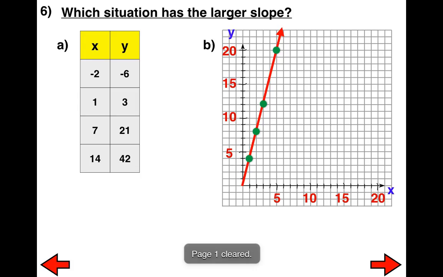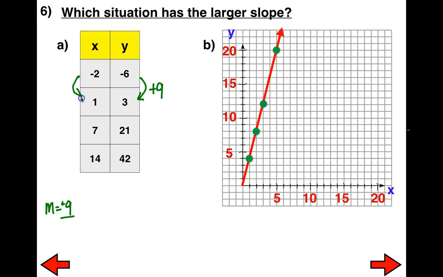Okay. So now moving on to comparing slopes and comparing unit rates. For number 6, it says, which situation has a larger slope? So I need to figure out the two slopes so that I can compare them. Let's see here. Use the same definition. We're going to do change in y over the change in x. So here, how did negative 6 become 3? Well, first of all, it's getting bigger, so I'm adding. How much am I adding? I'm adding 9. So there, the slope is positive 9 over